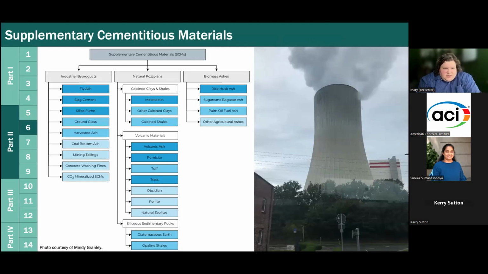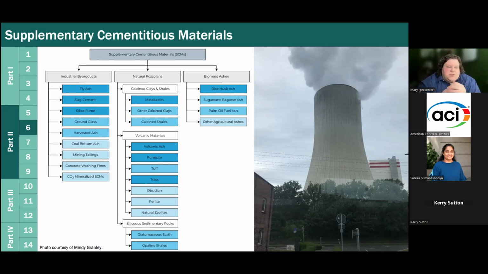All right, so chapter 6 is all about supplementary cementitious materials, and it ended up being a pretty big chapter because we wanted to give an overview of all these different types of materials that can be used as SCMs. What's available to you regionally plays a big role, so some of these materials are available in some areas and sometimes they're not. And so the first part of chapter 6 goes through the physical and chemical characteristics that you should consider when looking at an SCM to possibly use.